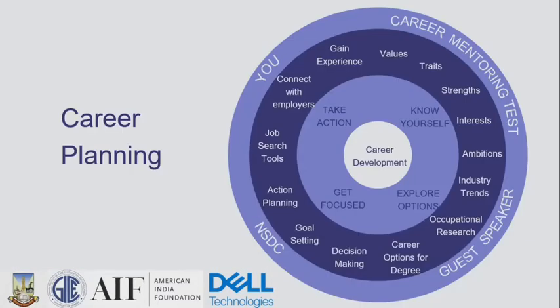So let's make it easier to understand how you can plan your career and how you can put it forward. Career planning has basically four components. The first one is self-assessment, second is career exploration, third is getting focused on the career, and fourth is the action plan. We must explore the area of our interest. Before choosing a career, we must understand our interests, passions, and traits in order to know which job profile will be best suited to us. Self-assessment is an important part when you plan a career. Based on the self-assessment, we discover various educational training and opportunities, and also follow industry trends that best suit our personality as well as our interest.